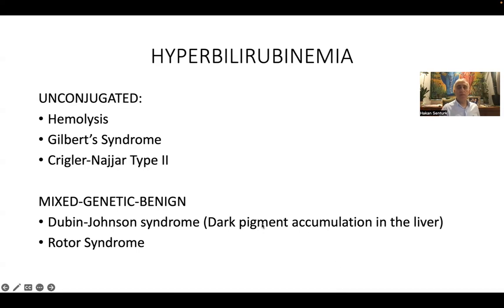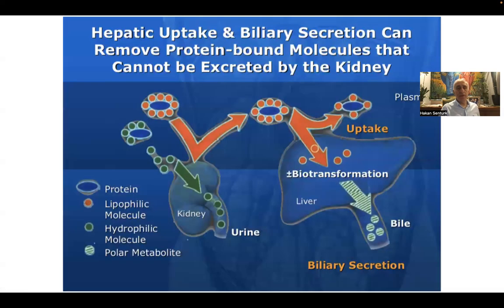The difference is that when we perform a biopsy, the obtained liver tissue appears something like dark green to black. In Rotor syndrome, there is no color change in the liver. We have already discussed that